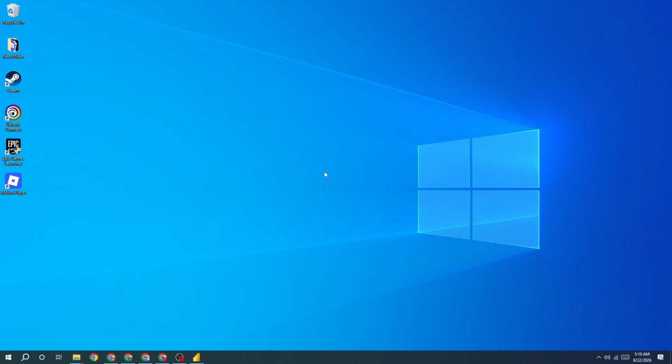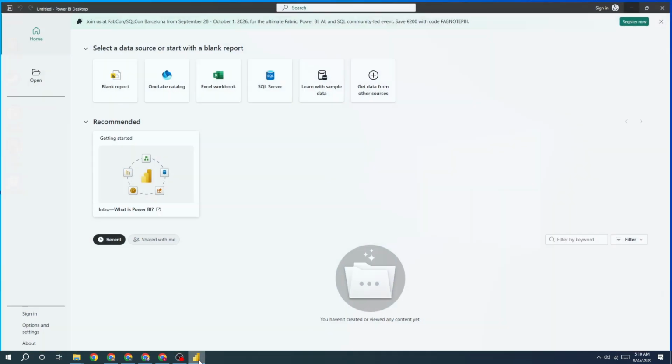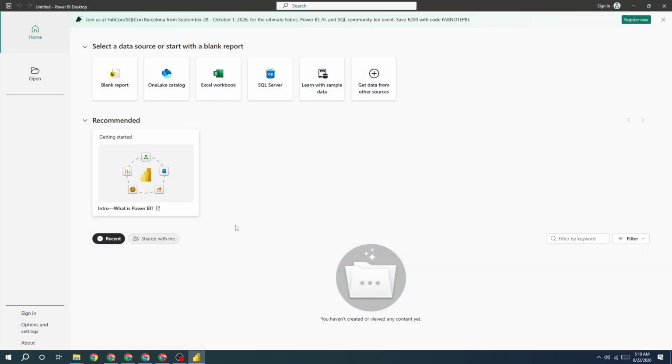How to remove the enter your email address pop-up in Power BI Desktop. I'm going to show you how to disable the feature that triggers this pop-up so you can work with your visualizations without being interrupted. So to get started, open Power BI Desktop, click on the File tab in the top